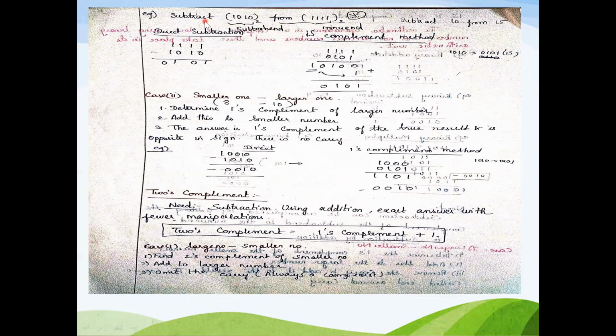First of all, we want to read the question clearly. Subtract 10 from 15, which means 15 minus 10. So 15 is the minuend, 10 is the subtrahend. How can this be accomplished? By using the ones complement method. For 15 minus 10, we can go for subtraction by means of the general method and we will get the resultant.